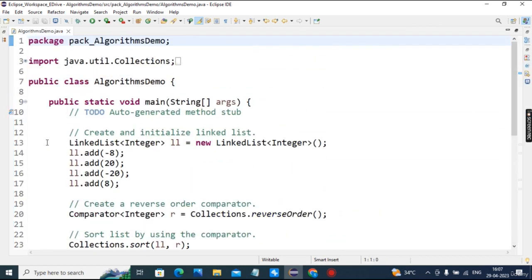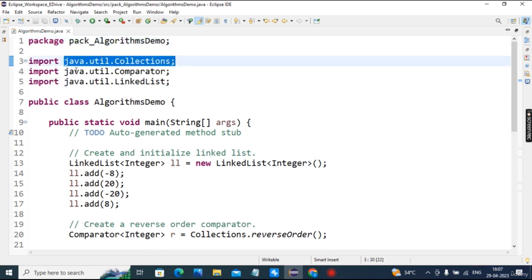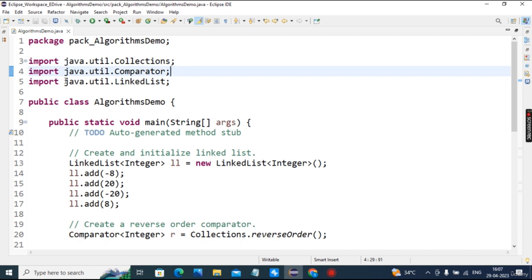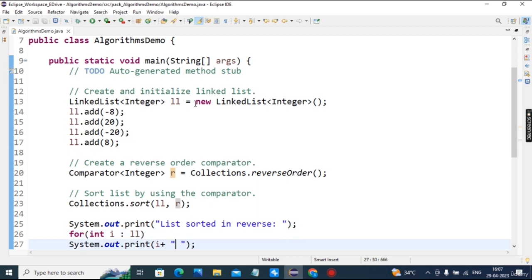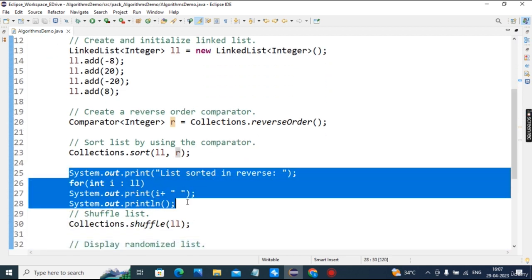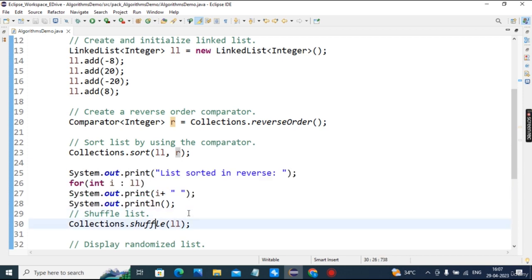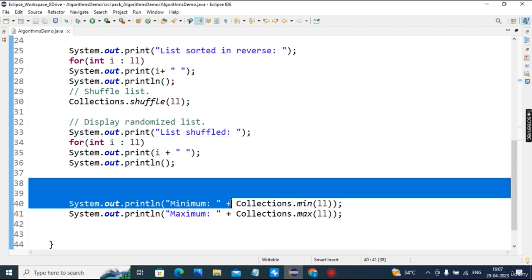understand this. You have to import java.util.Collections, then java.util.Comparator, java.util.LinkedList. Okay, then this is the linked list element addition, then create a comparator, then sort the collection and display the list. Again shuffle the list, again display the list here, and minimum and maximum are displayed. Okay,